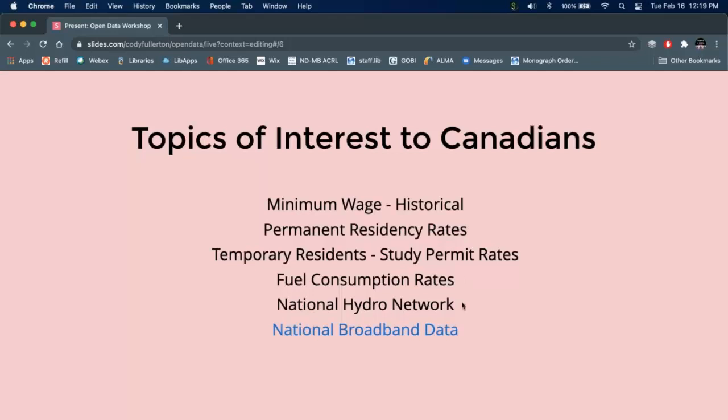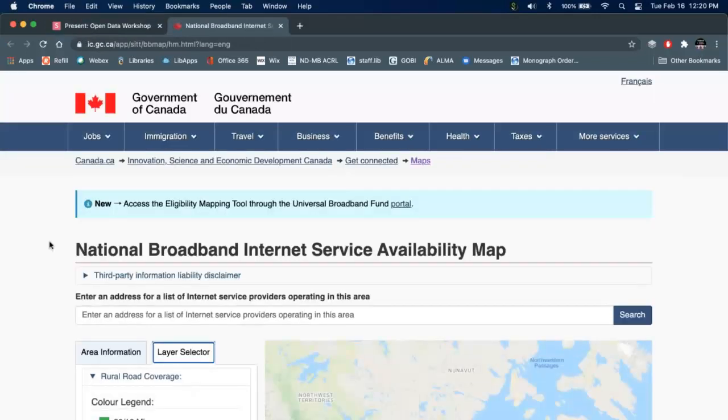The National Hydro Network just has a lot of information about all the different hydro dams and how much energy they produce and all that kind of stuff. And then the last one is national broadband data. And this one, again, I think it should always be of interest, but in 2020, and up to now, it's of particular interest because so many people were working from home or working remotely, or studying remotely. And so I've linked it here, and I'm just going to show you some of this data,